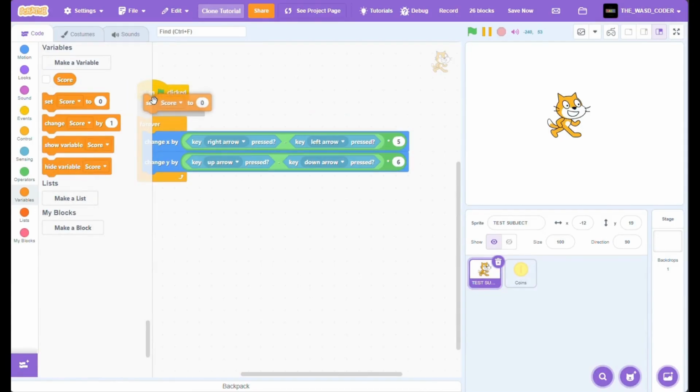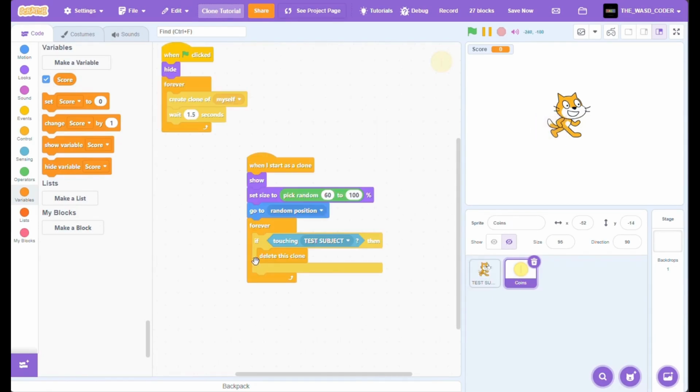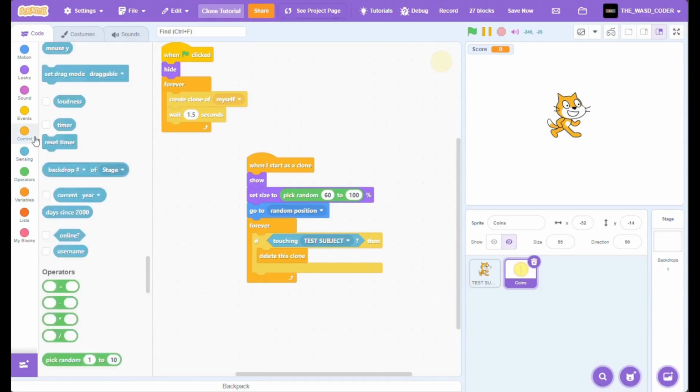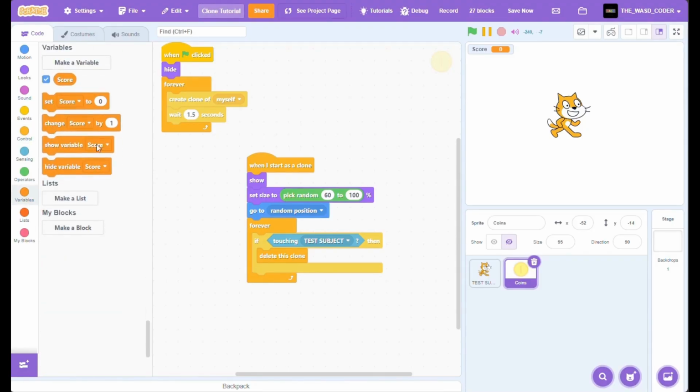Yeah, and now let's just get the set score to 0, and let's make something very cool and special. So let's get change score by,